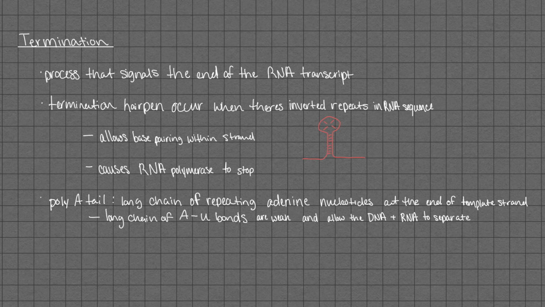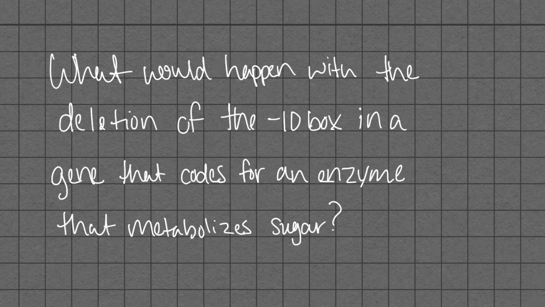At the end of the template DNA strand, you can find a poly-A tail, which is a long chain of adenines that form a bond with uracils, which is a very weak bond that allows the DNA and the RNA to separate. So what would happen with the deletion of a -10 box in a gene that codes for an